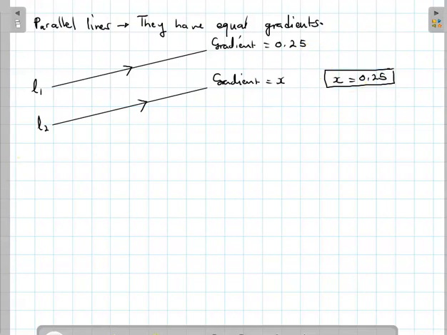So once I tell you that two lines are parallel, and then I tell you the gradient of one of them, I've automatically told you the gradient of both, because as long as they are parallel, their gradients are the same. It's a simple concept, really. Gradient is about slope. So if they are parallel, then their degree of slope is basically the same. Now, besides parallel lines, we have what are called